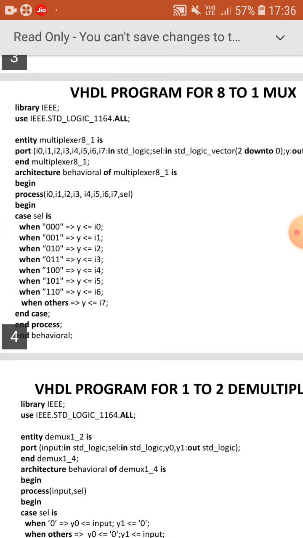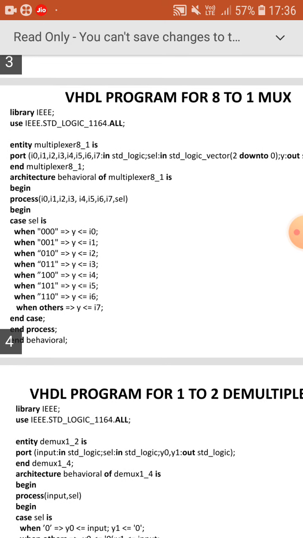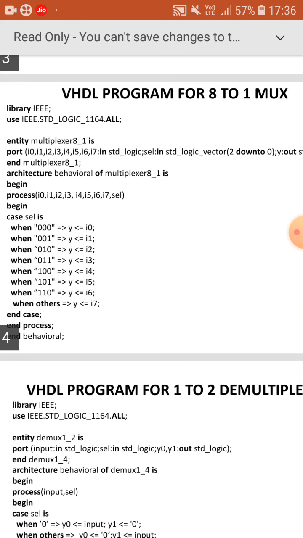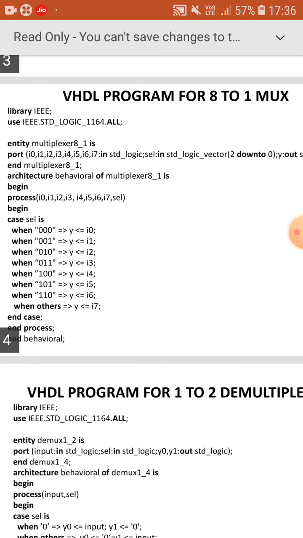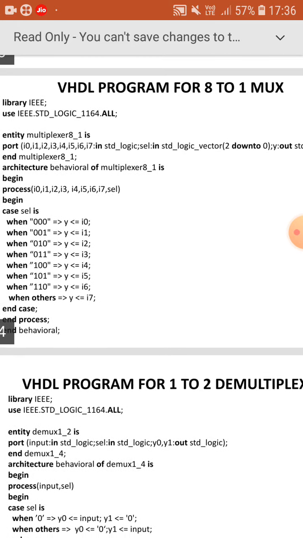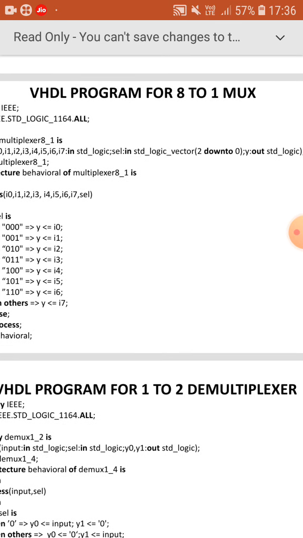Port, open the bracket, I0, I1, I2, I3, I4, I5, I6, I7 colon, all are inputs, so I have to use mode in. Next std logic means standard logic, semicolon.